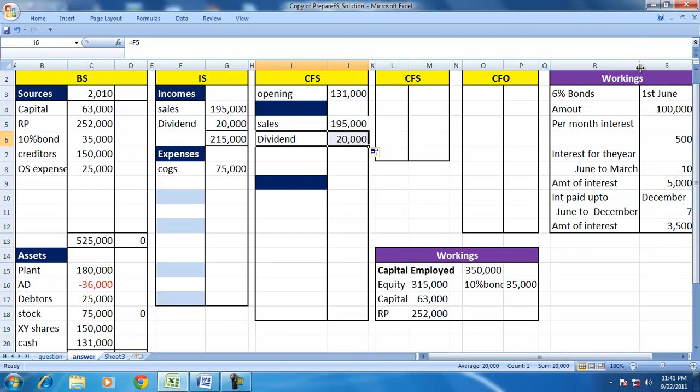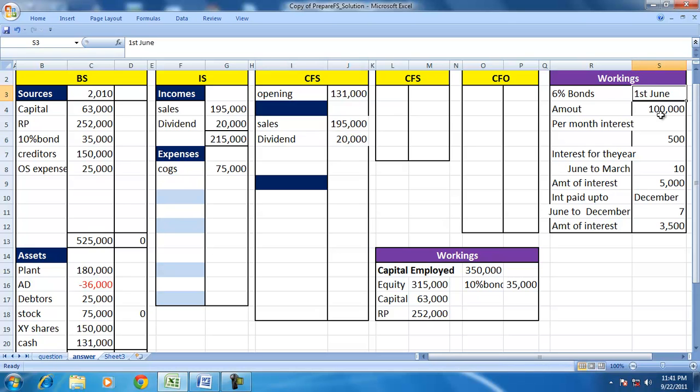So the amount of bonds issued on 1st June is 100,000, and the rate of interest is 6%. So let us calculate interest per month. This is working, which will help us in calculating other details as we move along. So interest per month is 500, and interest for the year for the period of